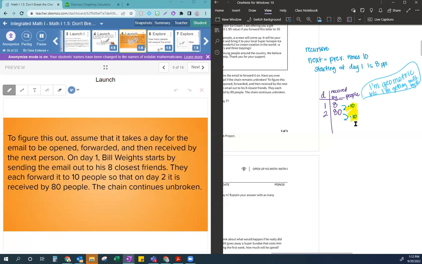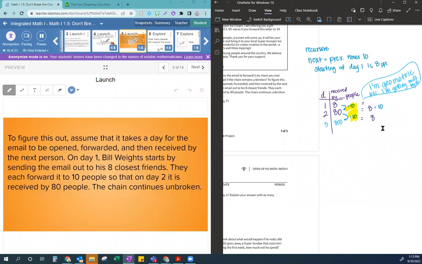Okay, so the next number I think is going to be 800, and I don't even need to write that because someone in the chat told me, Miss Johnson, I already found the rule, kind of. You're right. So here's what I'm going to do. I am going to rewrite this just like I did before. So instead of writing this as 80, I'm going to rewrite it as 8 and then times that 10, right? And then instead of writing 800 here, I'm going to write it as 8